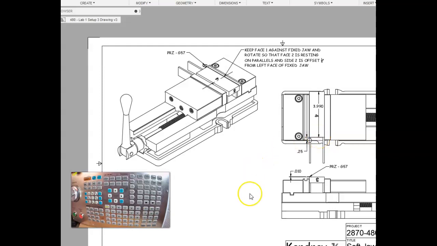All right. So since the setup is identical to setup 2, just different faces exposed, we're going to be able to use the same program with some edits. So we're going to do that. We're going to duplicate the existing program, and then we have to make some tweaks. So we have to make some adjustments